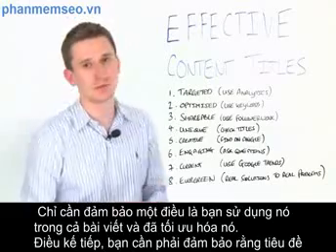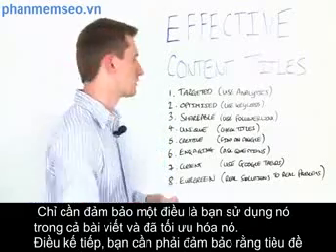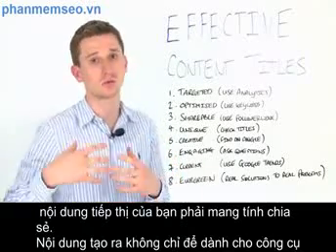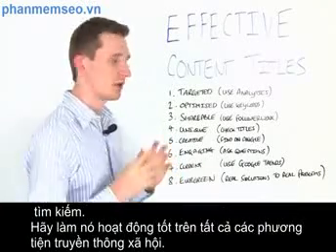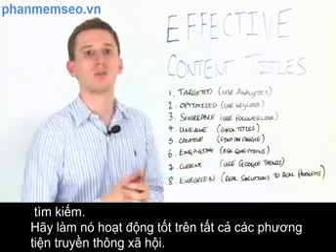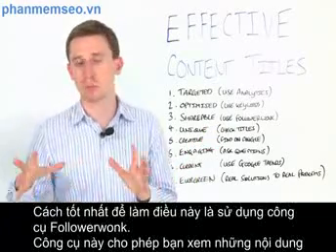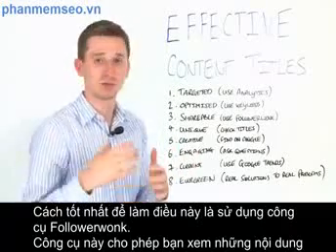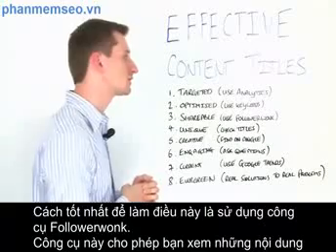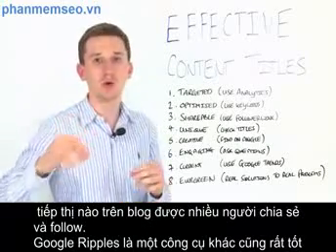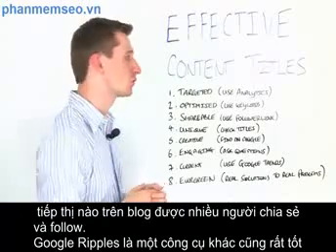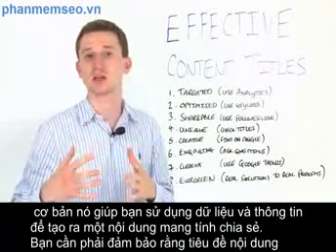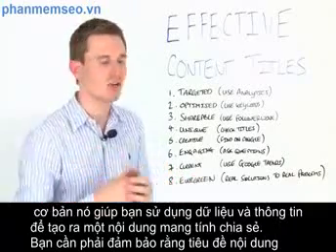Okay, third point, you need to make sure that your content marketing titles are shareable. It goes without saying that the content that we create isn't just created for search engines, we do it for social media as well. Best way to do this is to use a tool like Followerwonk. Followerwonk enables you to see what content marketing blogs and titles have worked well in terms of being shared amongst followers, but specifically you're also able to see who has shared that. Google Ripples is another good tool as well. This enables you to use that data and information to then go away and create something that you know will be shareable.